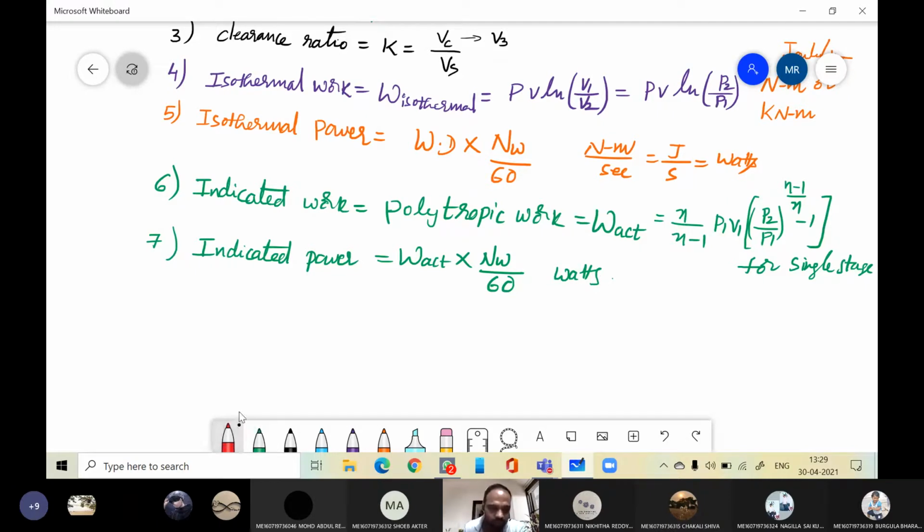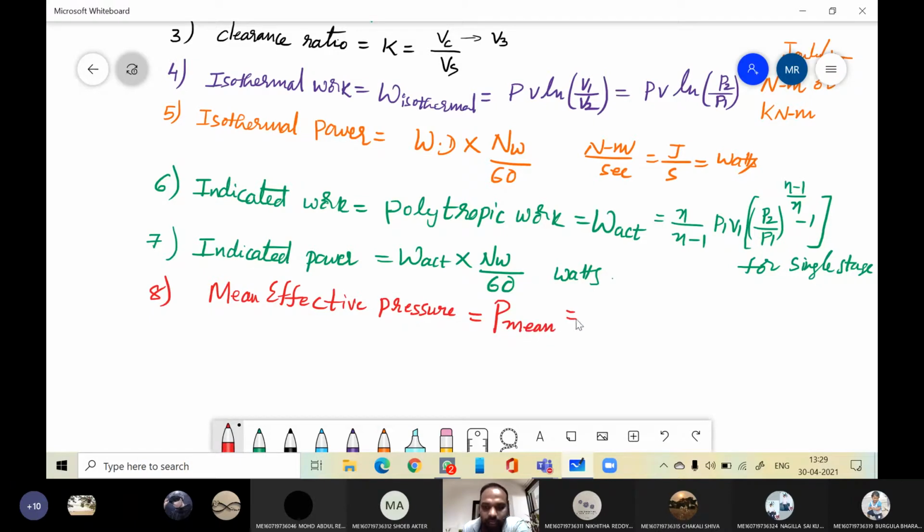Next, one more thing: mean effective pressure. Why are we calling it that? I told you already the velocity of the piston inside the cylinder is not uniform. The moment it changes its direction from TDC to BDC and BDC to TDC, its velocity is almost zero. Therefore, the piston is subjected to fluctuating velocity, so the air in contact with the piston is also subjected to fluctuating conditions. Therefore, the pressure is not uniform.